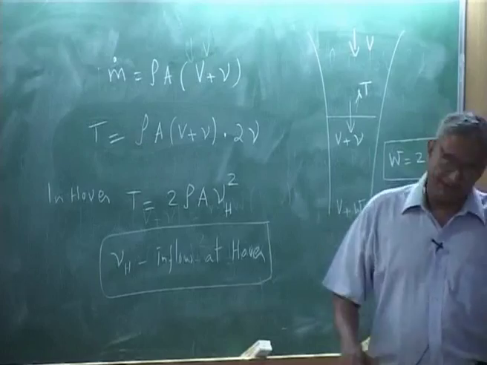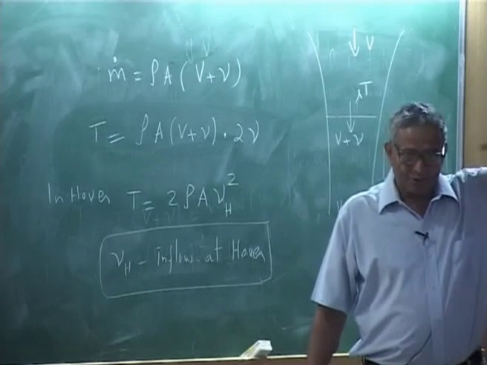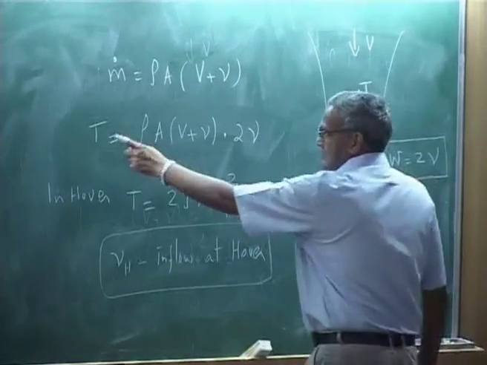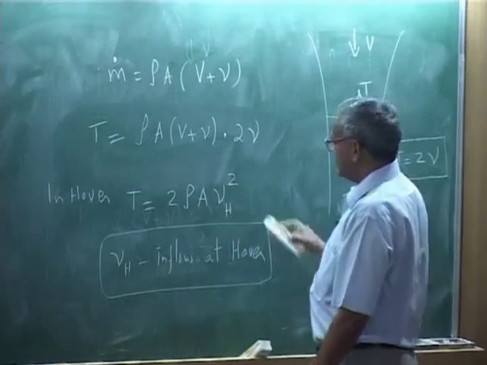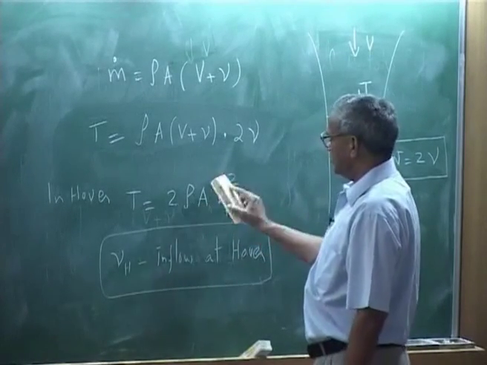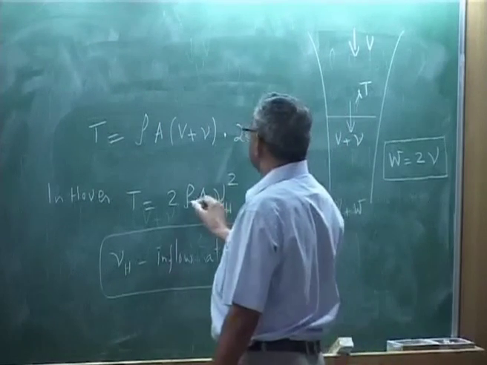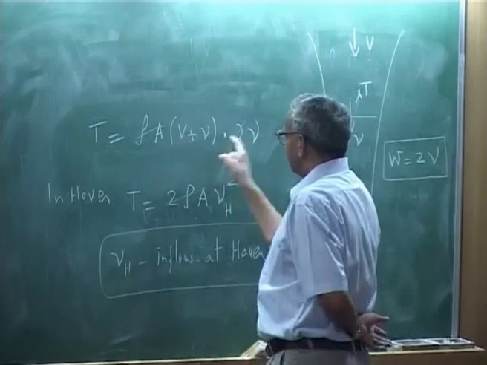Please understand, whether I am hovering or I am descending or I am climbing, my rotor supports the same weight. Therefore, this T is equal to this T. So, if I use that expression, rho a will go off, 2 will go off, you will be left with what? 2 rho a. So, I will have an equation